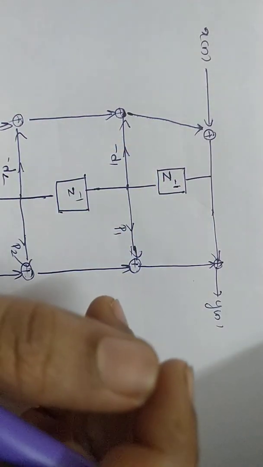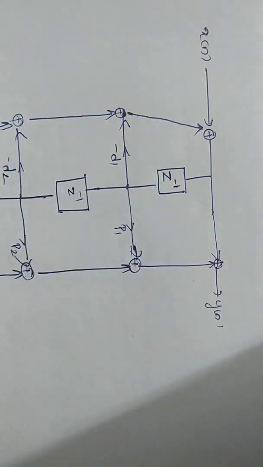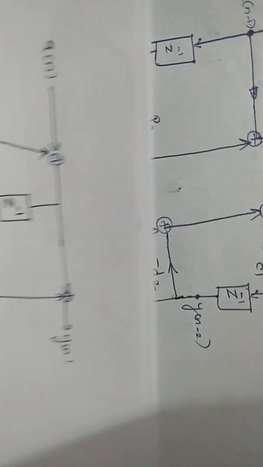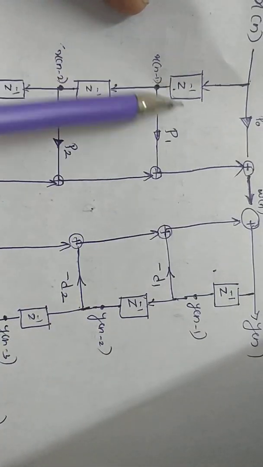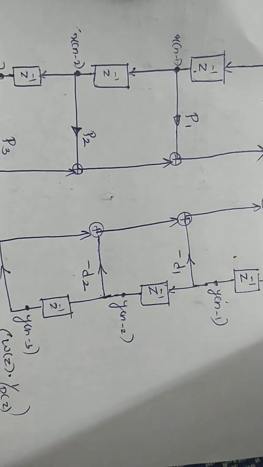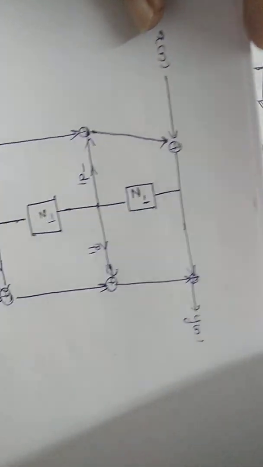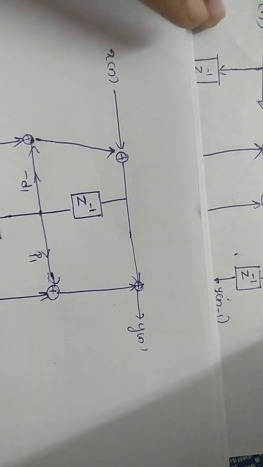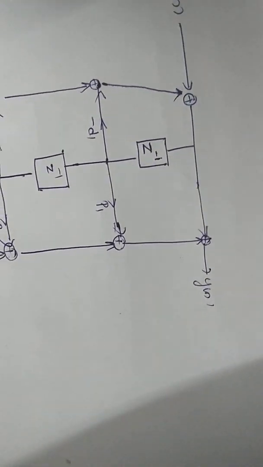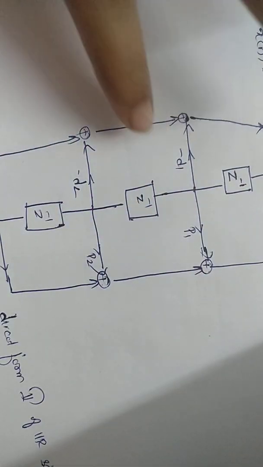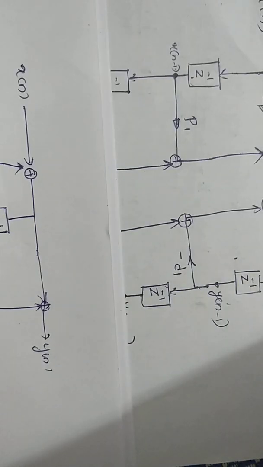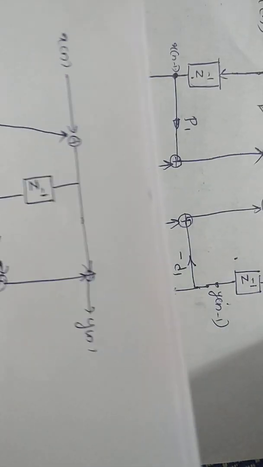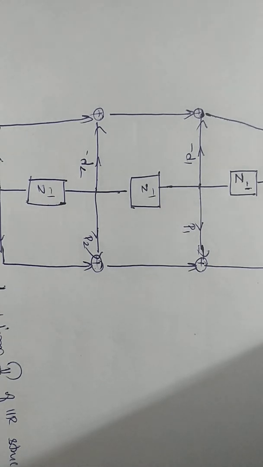Okay, if you look into the structure compared to the last figure, the number of delay terms has reduced. In the last case, direct form 1, 6 delay terms were present, but now only 3 delay terms are there. We are taking the delay terms into common ones, so the memory element is reduced. So this is the direct form 2 of IIR filter structure. The same thing we put in a different fashion. Now these factors we have discussed earlier and we did a problem based on this.